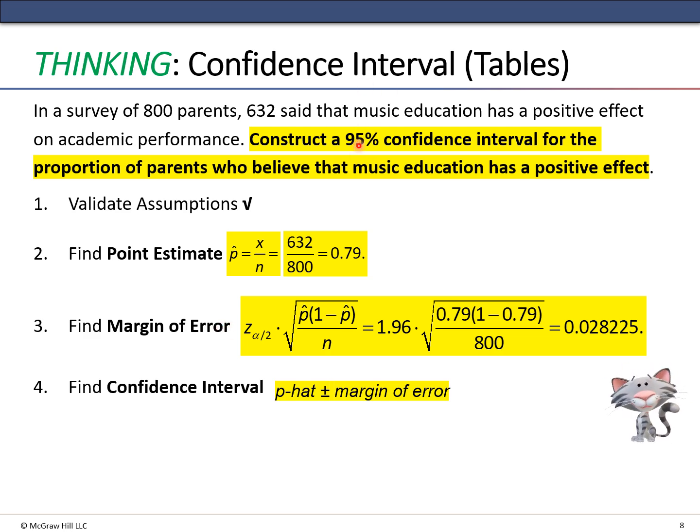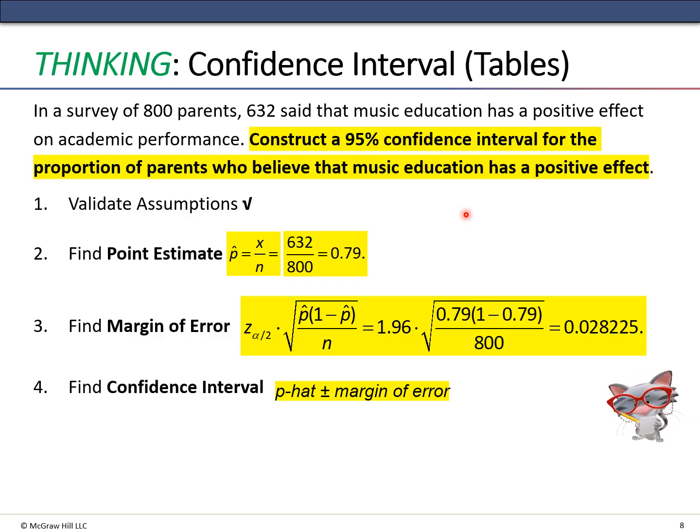The other way you can do this is recognizing that a 95% confidence interval means that 95% of the data is in the middle of the table. That means we have two tails that make up the other 5%. So if both tails make up 5%, each tail makes up 2.5% or 0.025. So if you're looking in table 2, what you're looking for in the right tail is 0.025,